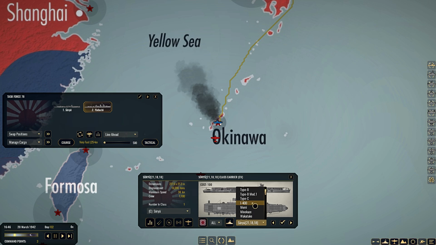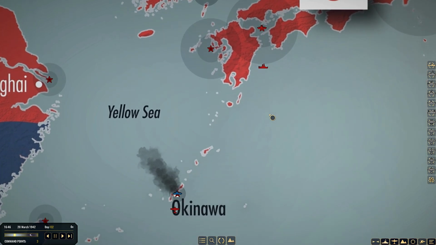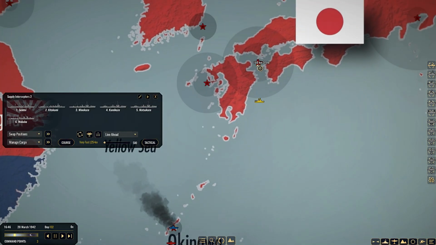That really should be able to keep up with our light cruisers and such. Let's go to Nagara and such. Yeah, 36. That will certainly keep up. Only a couple knots difference there. So this will still be a fairly fast supply convoy if we do attach Soryu to our supply interceptors, but they do still have to get to Kure, and that's going to take